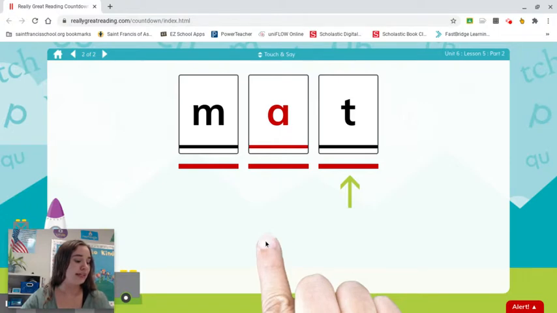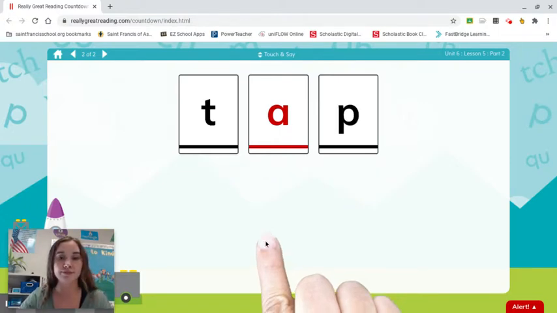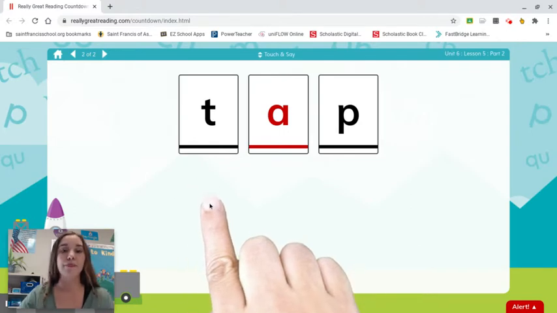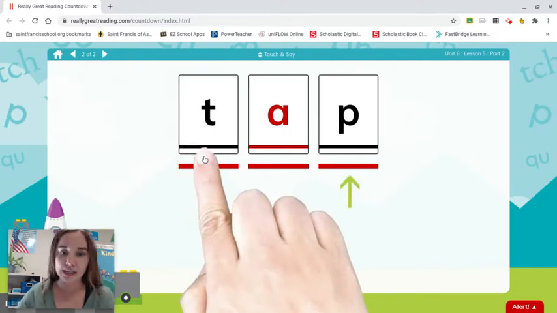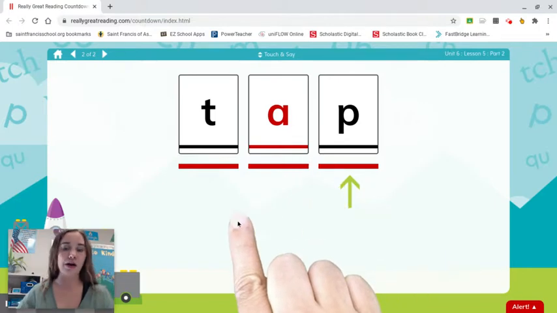Let's keep going. This time, say the sounds and blend the word with me. Ready? T, a, p, tap. Good.